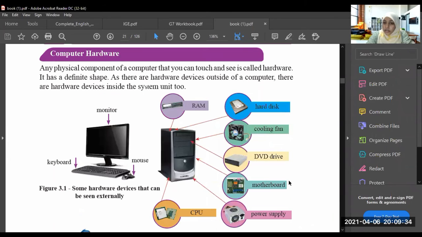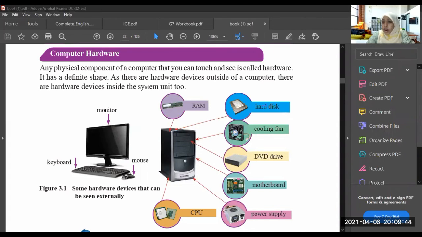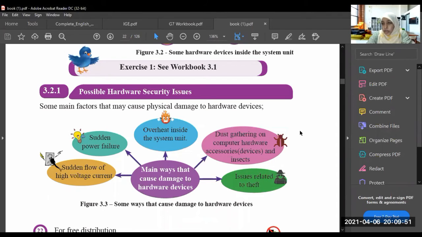When coming to hardware security, you know what the hardware components of the computer system are, so we should secure them. How to secure them? Before knowing that, everybody should know what the possible hardware security issues are.